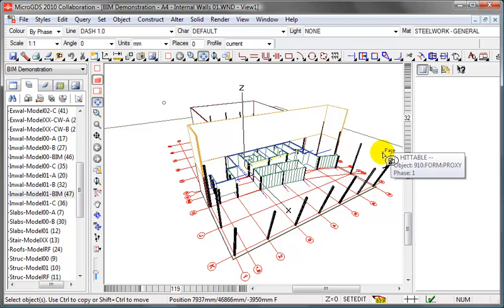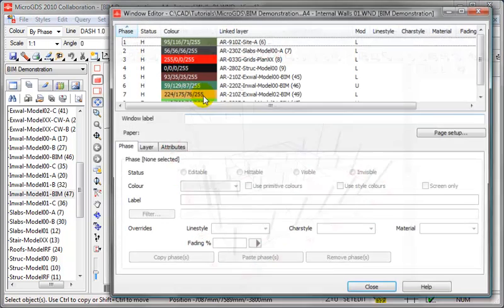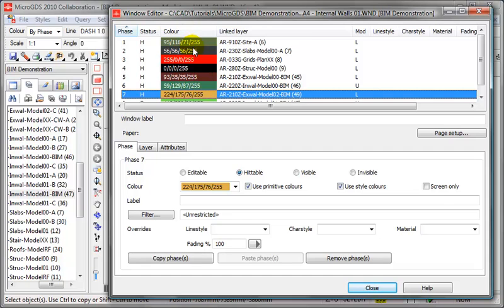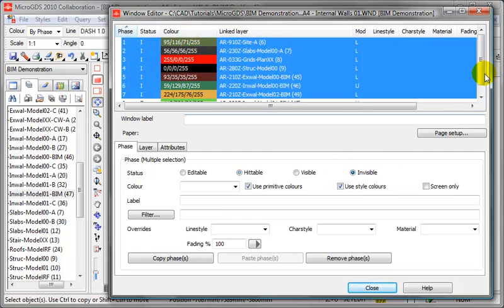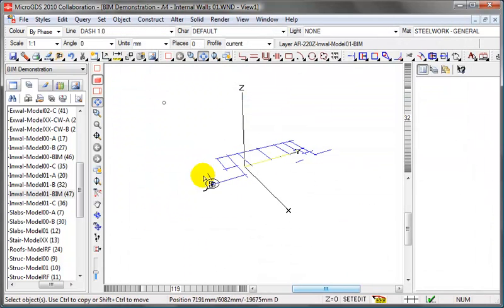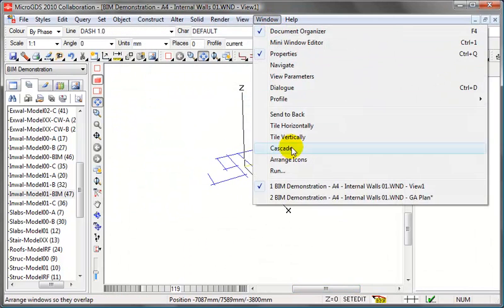And again, so that we can clearly see what we're doing when we're working, we turn off all of the layers we're not interested in, so that's everything except the one we've just added, so it's already editable. Make all the others invisible. Let's double click to make that the current layer. Switch to our 2D view,